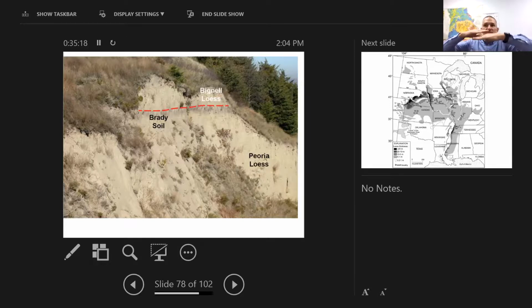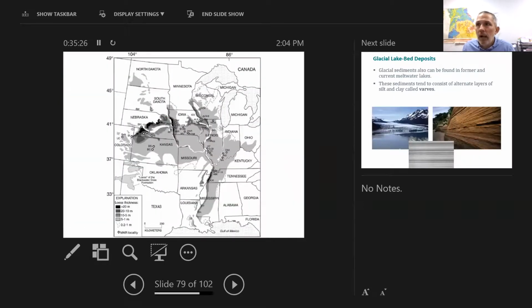And so what can happen is it can stack up. It has a really high angle of repose. The Peoria loess is a really classic example of this from the Illinois River. And so you can see, here's an image showing some of the different loess and the thickness of these loess. And again, these are in meters. So if we start looking,